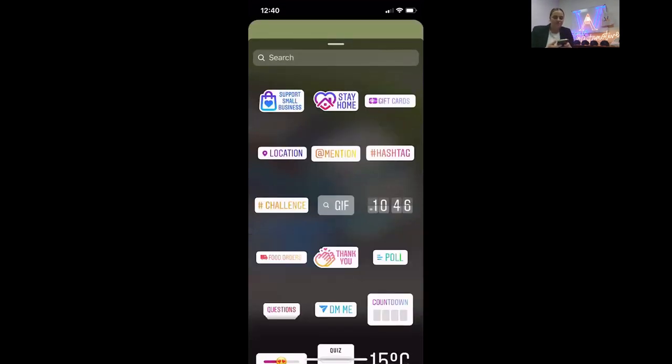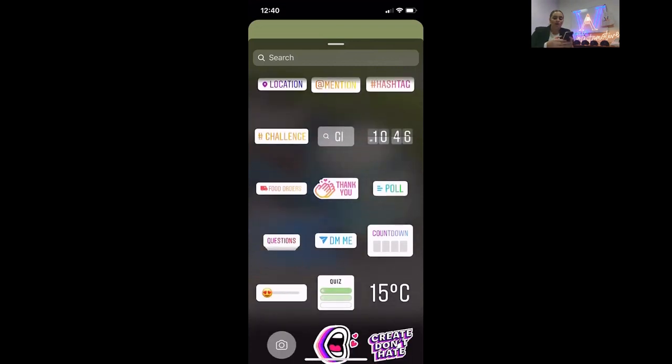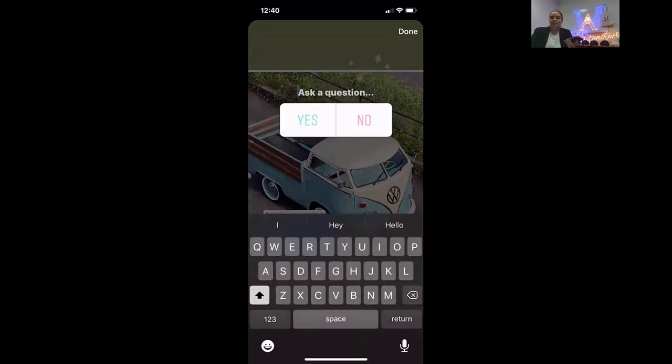Okay. If we go back to the stickers at the top and hit cancel, it'll take you back to the main sticker page. Another really popular one that you could add is the poll feature. So where it says poll here in the middle, if you click on that, it comes up with a poll. It's a yes or no. It doesn't have to be yes or no. It could be more specific. In this instance, I could say,